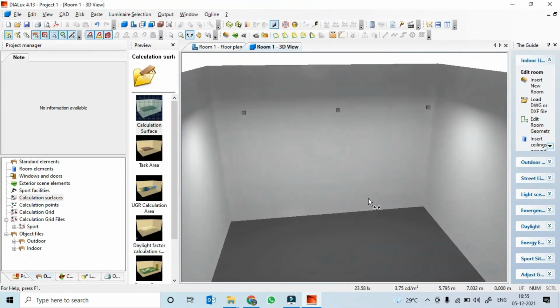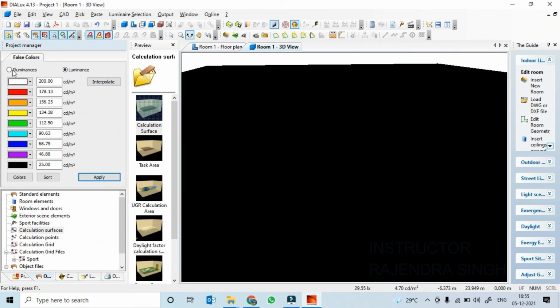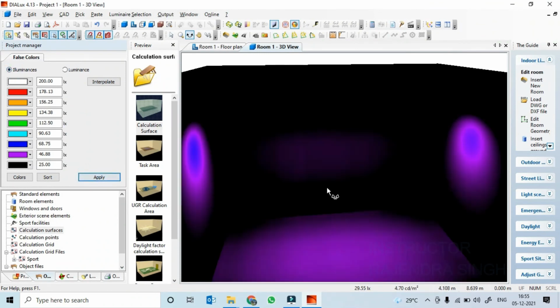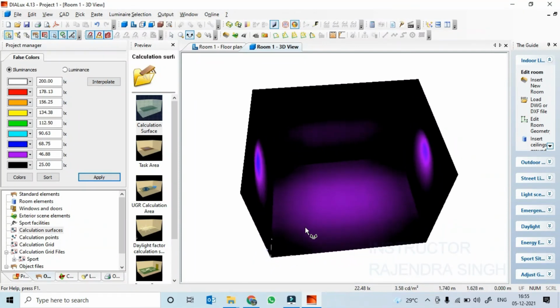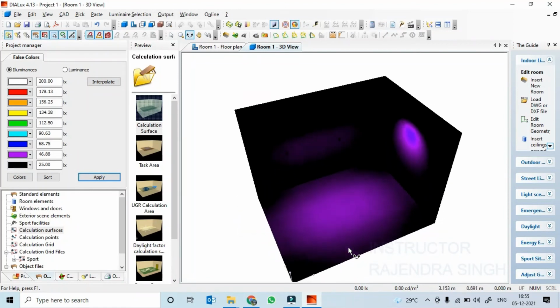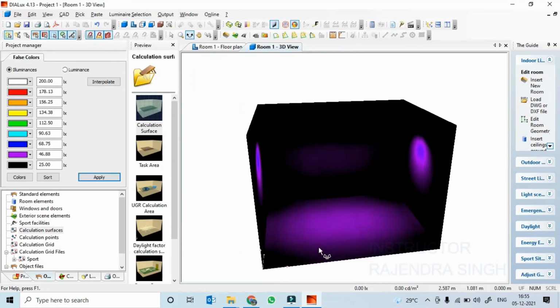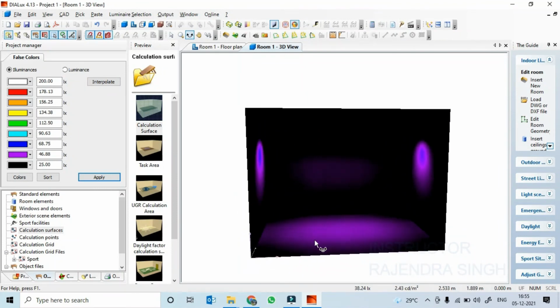Now if you see the graph, it literally looks like this. It's a very low lux level, around 50 lux, which has been achieved here. And some portion is thrown onto the wall of the building.